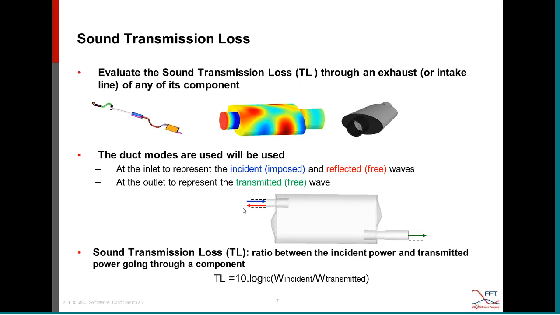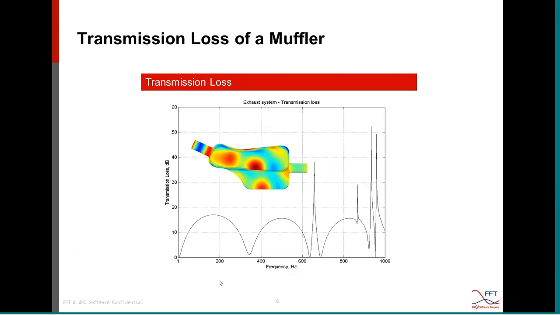The sound transmission loss that we will calculate is a ratio between the incident power at the inlet and the transmitted power going through the component. And we simply apply a logarithmic scale to that ratio to calculate the sound transmission loss. So this slide shows very typical results of a transmission loss in dB. So we can see in the curve,